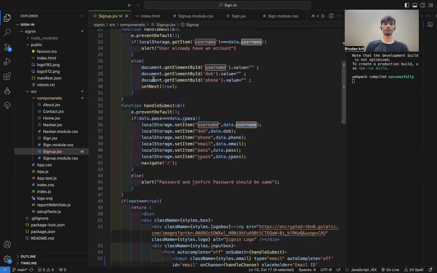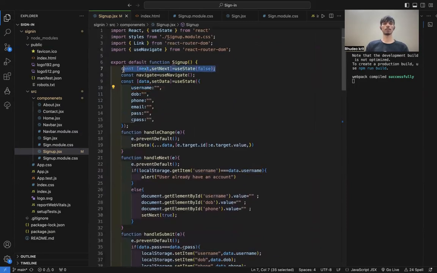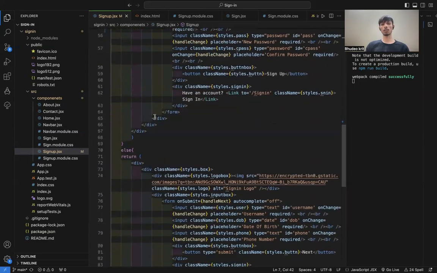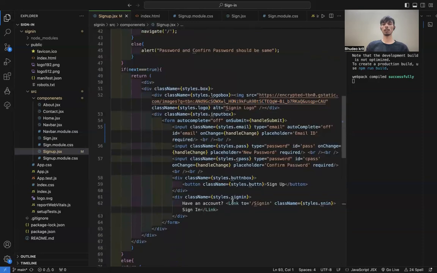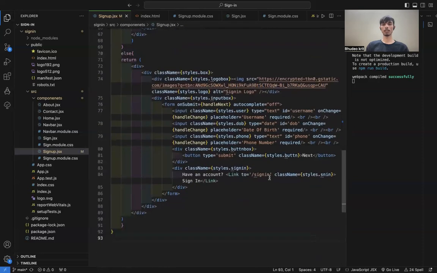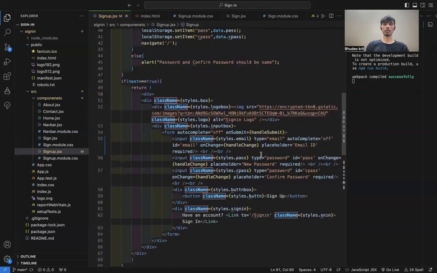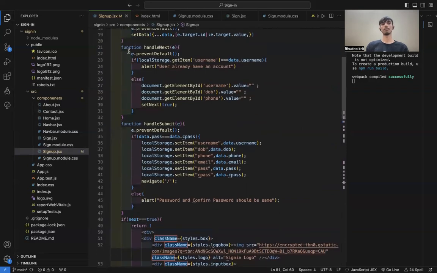After that, as I have already explained for this part, how I made it true, because first only the false function, else function will run. So if you want, click on the next, like here, if you click on the next, this will run. Handle next will run, and first it will prevent the page from refreshing itself,